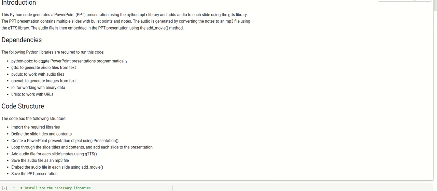We are first of all going to install a few dependencies: python-pptx, gTTS, PyDub, OpenAI, and urllib. And then we are going to import the required libraries. We are going to define the data structures which will have the slide titles and the contents. Then we will create a PowerPoint presentation using the Presentation object, and then we will loop through the slide titles